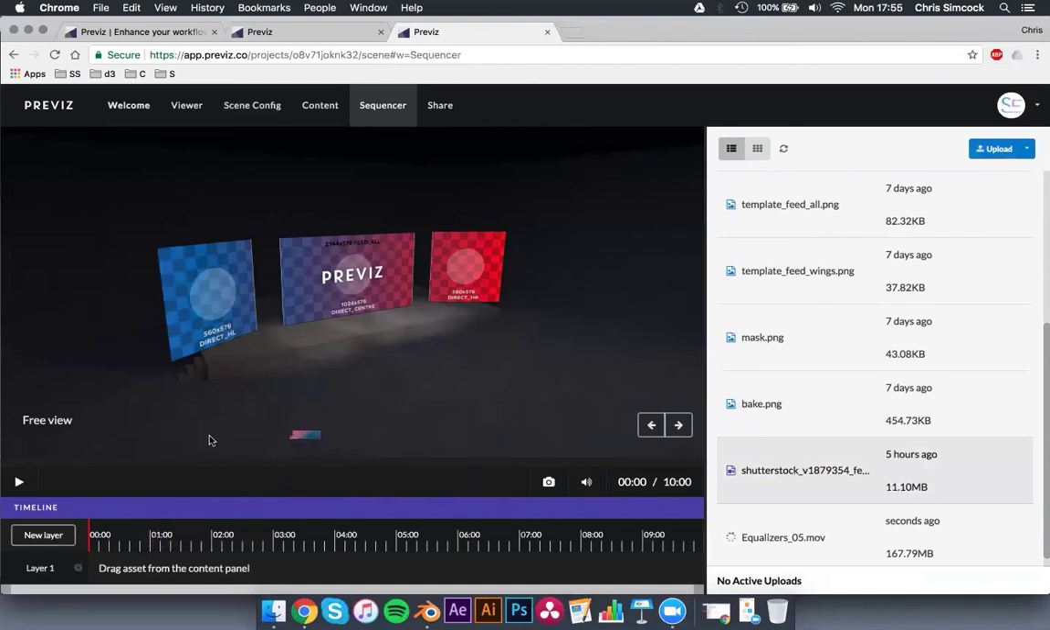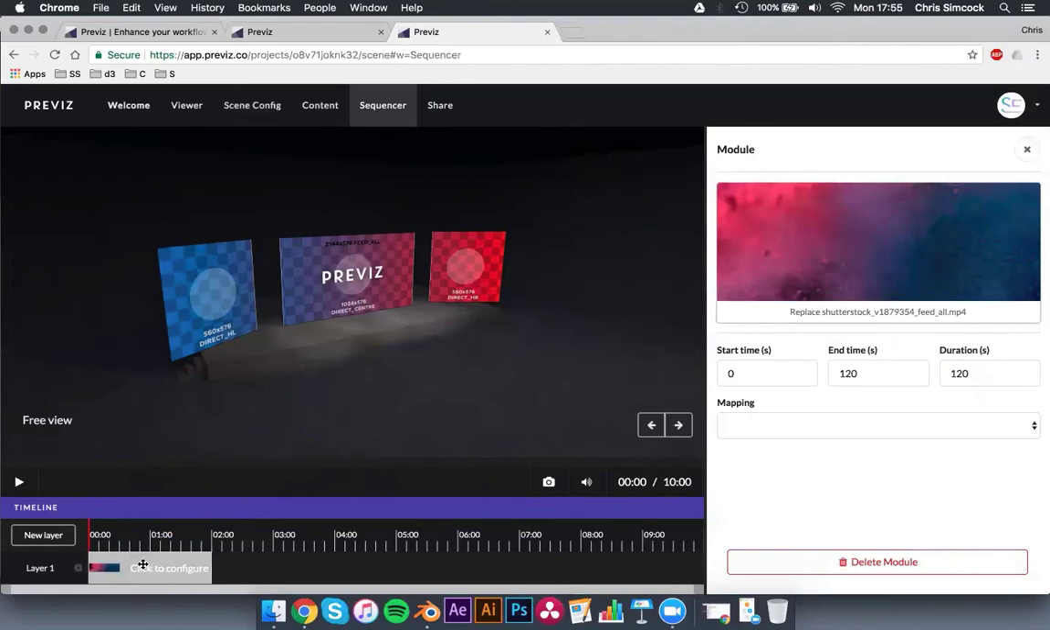Now I'm going to drag and drop Shutterstock over to my track. There it is. So again, it's really quick and easy. We have a module laid out across a layer called layer 1. By all means, you can rename this. I'm going to leave this as layer 1, that's fine. And when I select that module, you'll see a preview thumbnail of the clip and a start time and end time. So what's really nice here is the layer has actually resized itself to match the clip length,